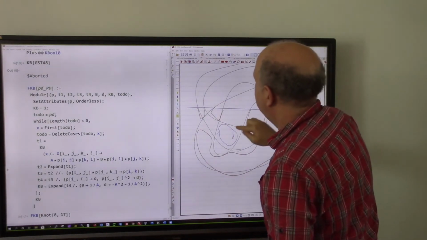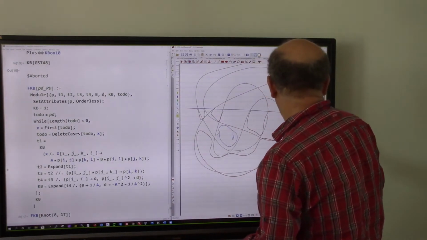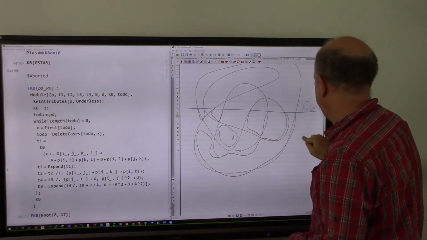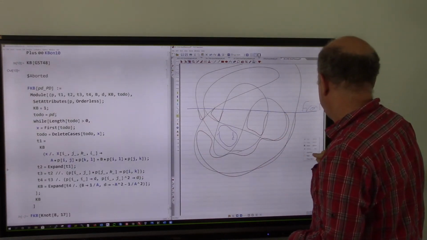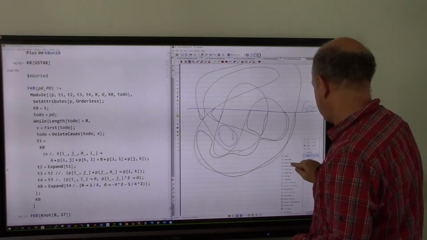Basically, I need another page. Sorry about that. Page, append,